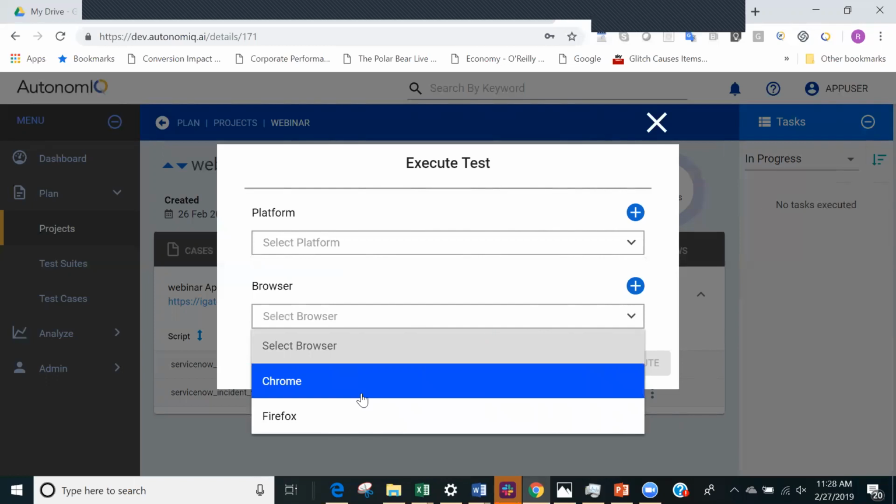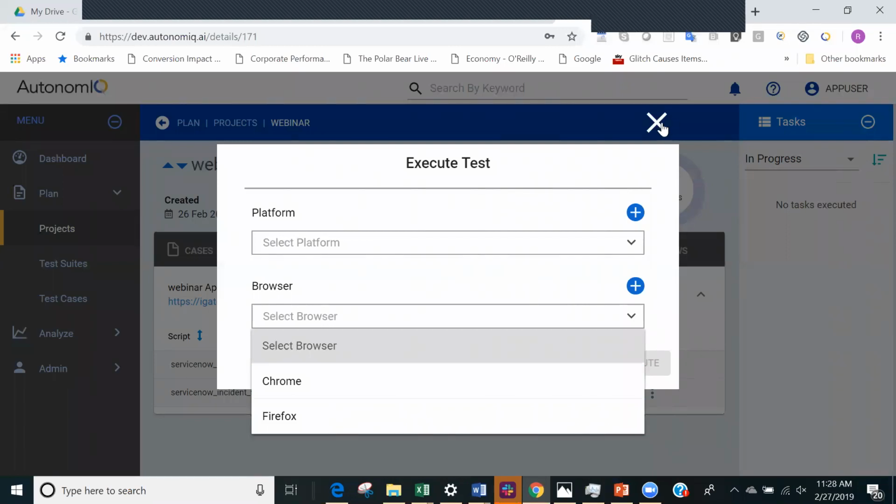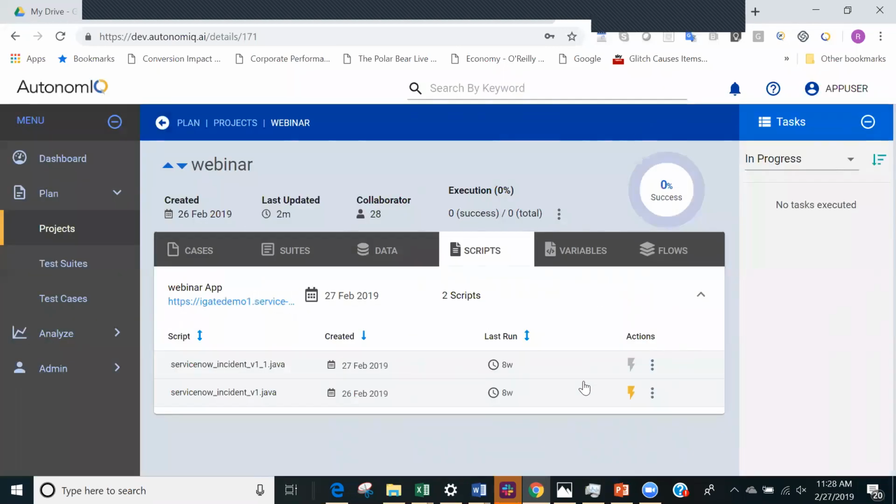It's for demo purposes. For a real customer environment, we can have 400 instances like this, and we can bring them all up in an instant, execute them all in the cloud, and then release the nodes. So that's how quick and easy it is. So I've shown you the plan, which is how we create the test scripts and so on, execution, which is using these multiple platforms, and analysis. Analysis, I've shown you the detailed reports, but now let us take a look at what we call smart